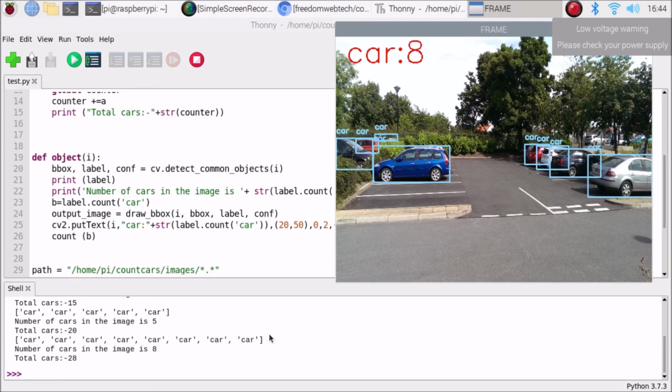It's not only counting the particular object from particular images, in this case the cars. It will count the total number of cars from all the images. So the total cars we counted is 28. Okay, so this is how the script works.